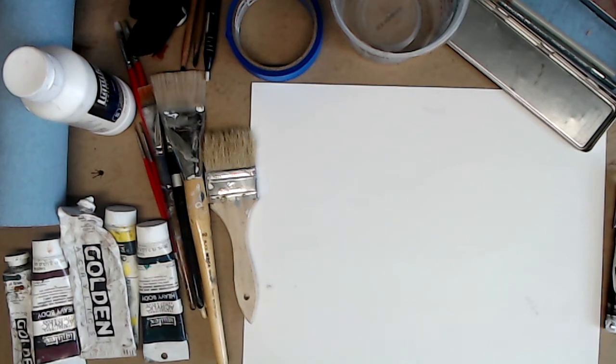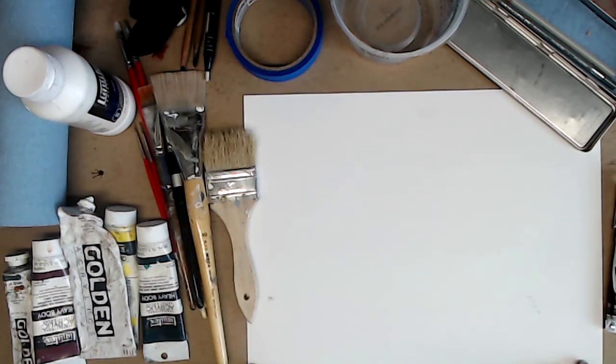Let's talk about what materials you're going to need for this class. We're going to be using acrylic paint to do our illustration. Why? Well, first of all, acrylic is a very commonly used medium in the field. That's number one. Number two, it's very flexible and correctable, meaning that if you make some kind of mistake, no worry, you can just paint over it again. If I give you feedback and tell you to change something, no problem, you can move it, which is not